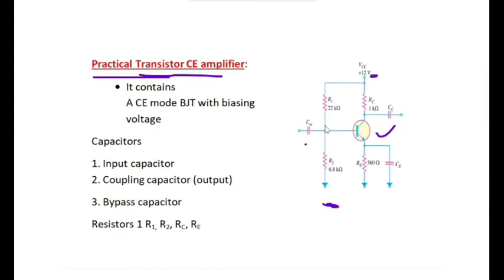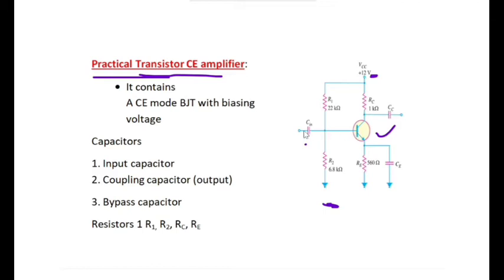We are using this because it gives proper, stabilized amplification to the signal. It gives a stabilized operation, and its stability factor is very low. So we are using the potential divider bias technique to provide biasing to the transistor,